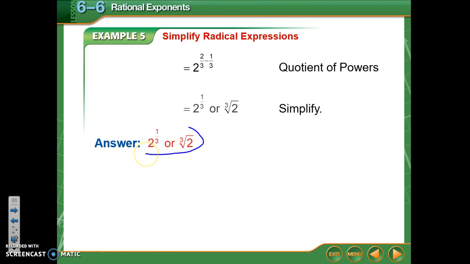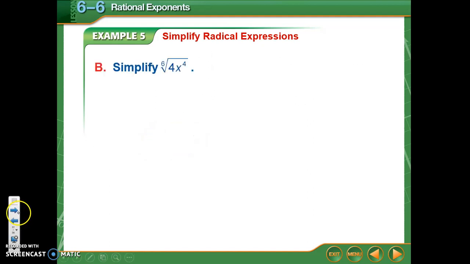So it turns out that that problem does simplify down to the cube root of 2, but you wouldn't notice it if you couldn't put it in exponential form. All right, let's try this one, the 6th root of 4x to the 4th. Again, x to the 4th, there are only 4 x's, 4 is 2 squared. It doesn't look like we can do anything the way that it is, but if we rewrite it with exponents,